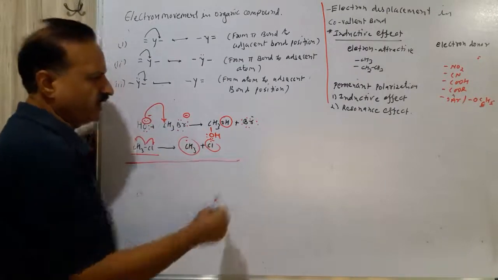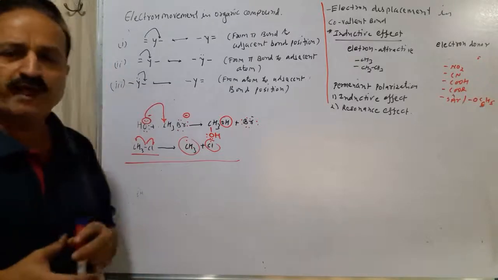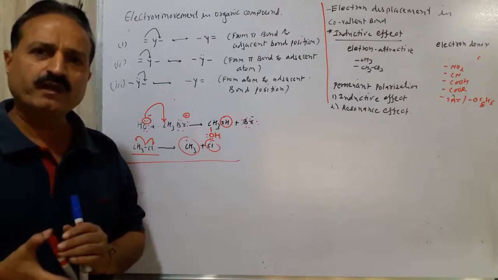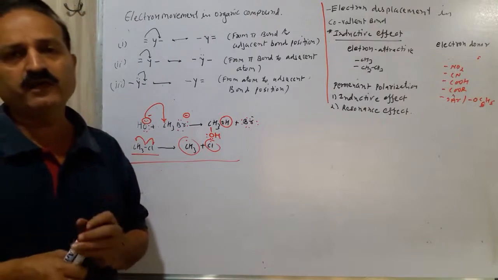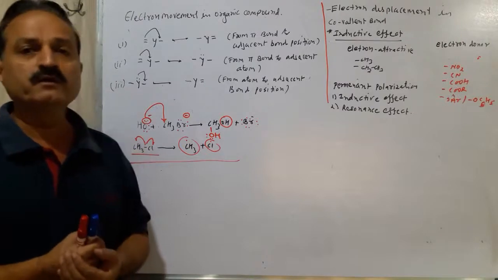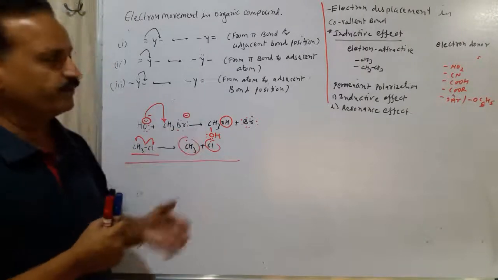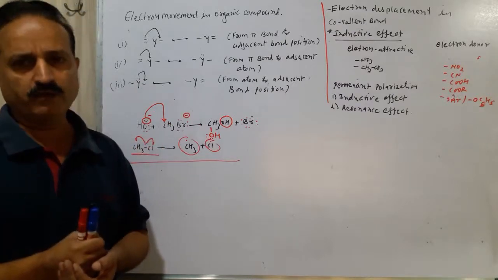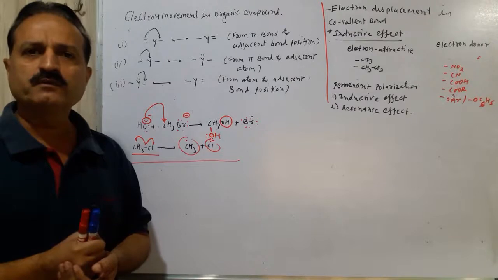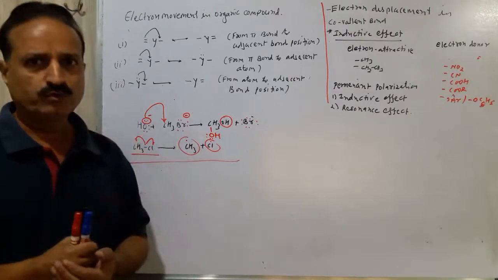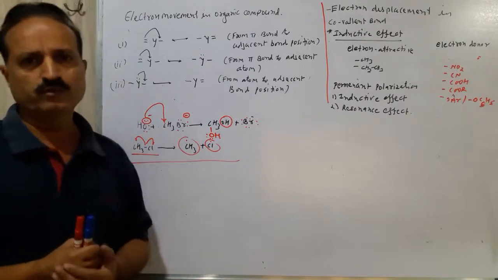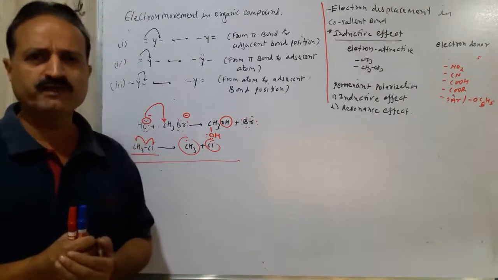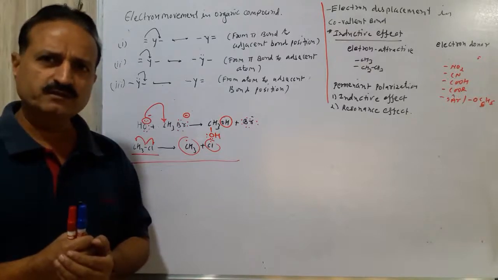This is the electron transfer to an atom. Single electron transfer means it is a free radical, and double electron transfer means it is forming a new bond. So you have studied a very simple topic. This is a simple movement of electron from bond to adjacent bond or bond to adjacent atom. So kindly revise my video and send me homework one time.